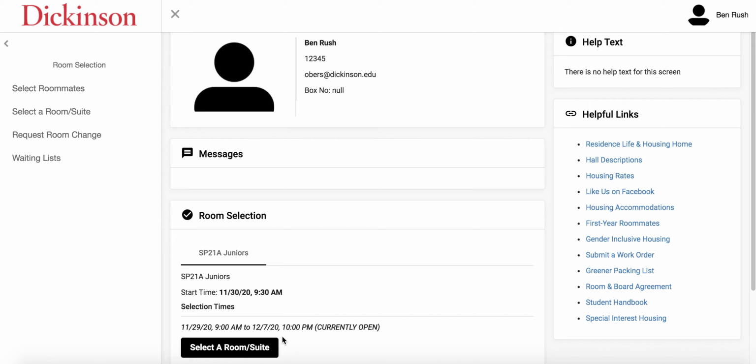Below, there is a box that says selection times. This is often a range of time like 9 a.m. to 5 p.m. on the day of your lottery. This allows you as a student to go in starting at 9 a.m. on the morning of your class's lottery to look at available spaces for the group you have entered in your Housing Self-Service account. At the start time, better known as your lottery time, is when you are able to select